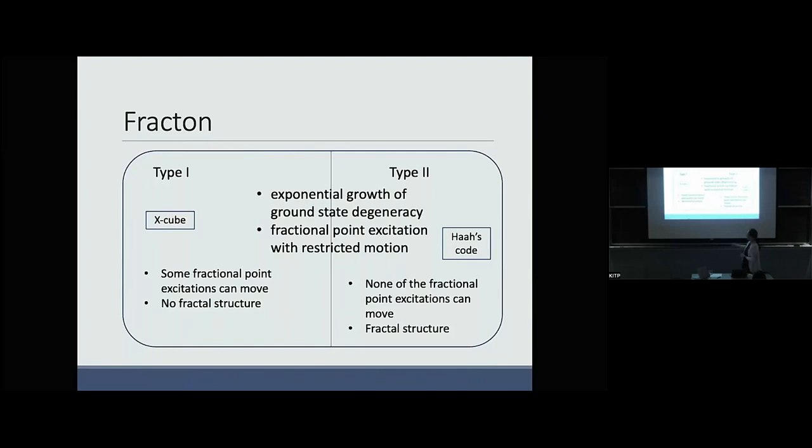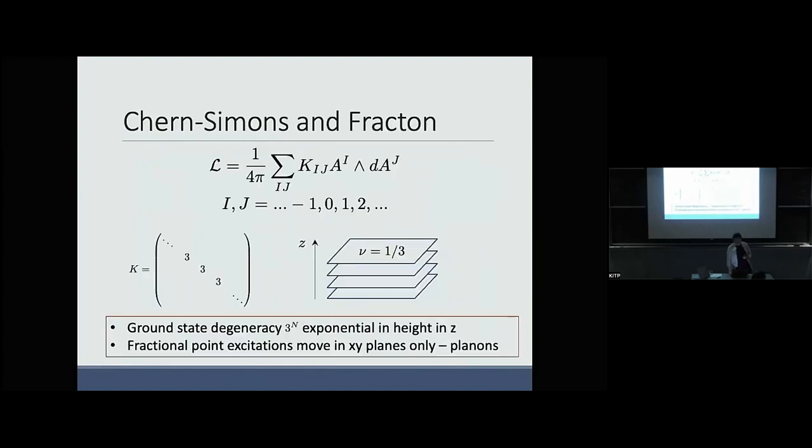But the type 1 involve, for example, the X cube, which loosely speaking doesn't have the fractal structure, and then there's some excitation that can move, maybe along a line or on a plane, but they can move somehow. Okay. So now connecting back to the Chern-Simons theory I was talking about,